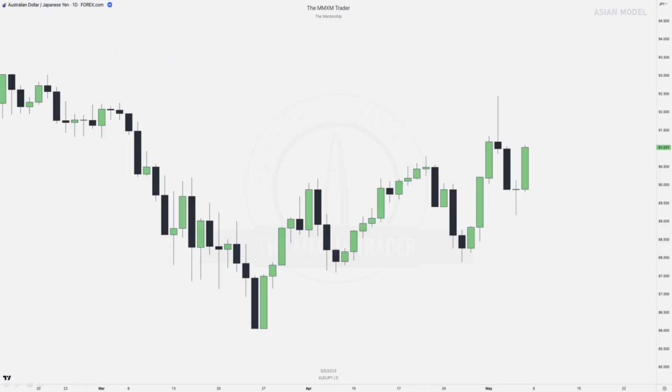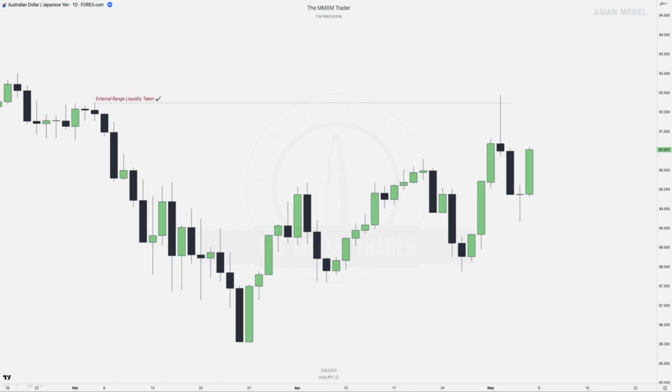So over here we've got the Australian dollar Japanese yen daily chart. We're still going to go over our higher time frame draw, right? We need to know if we're coming from internal or external. So what do we see on this chart? We've got that external range liquidity taken, right? So we move from external to internal and from internal to external. We can see that over here, this high has been taken out. So external range liquidity has been liquidated, and now we move back into internal range, which is this fair value